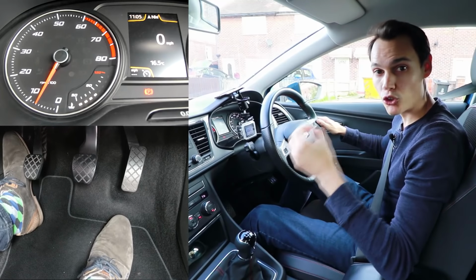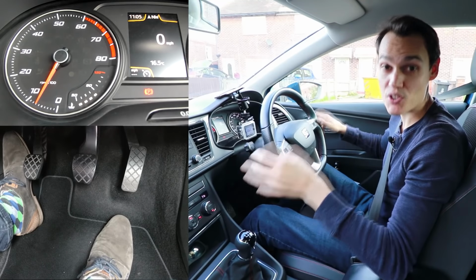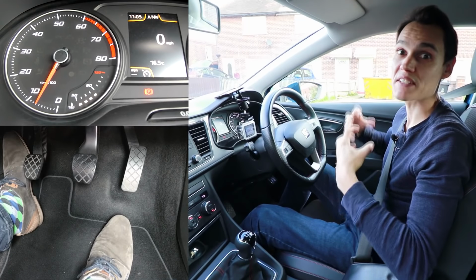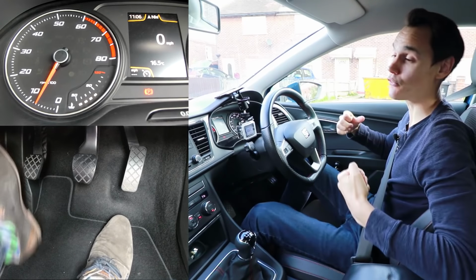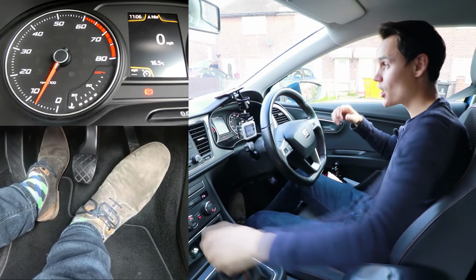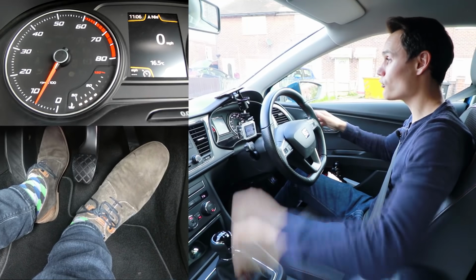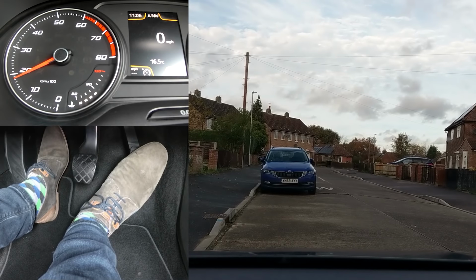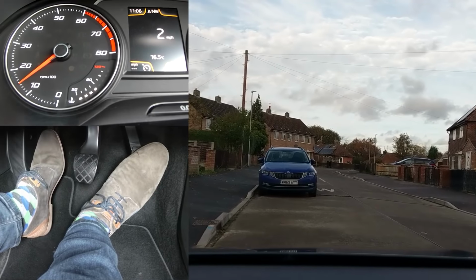However, it's very important not to rest your foot on the clutch indefinitely, because that will put extra strain on the clutch release bearing. So now I'm going to show you how to tell when you can come completely off the clutch. So I'll do what I did earlier again. First gear, handbrake off, a little bit of gas. When no one's coming, I lift the clutch to the bite point, there it is, holding the clutch steady,